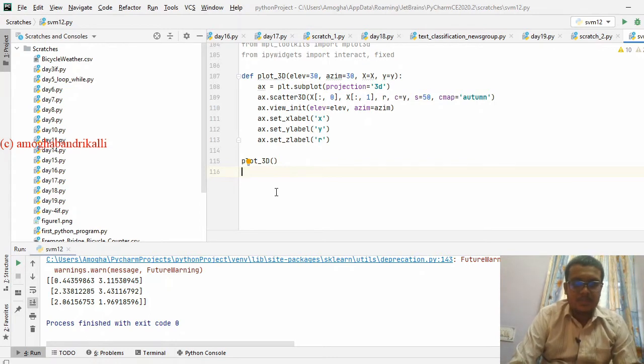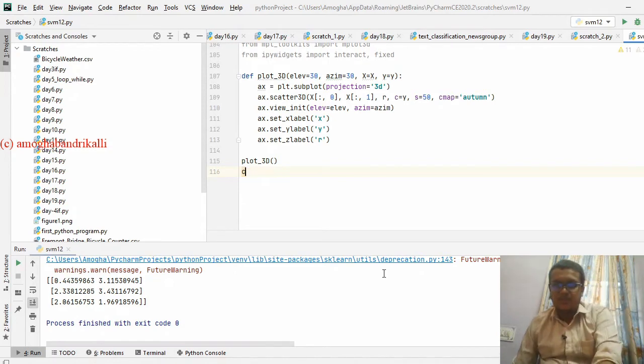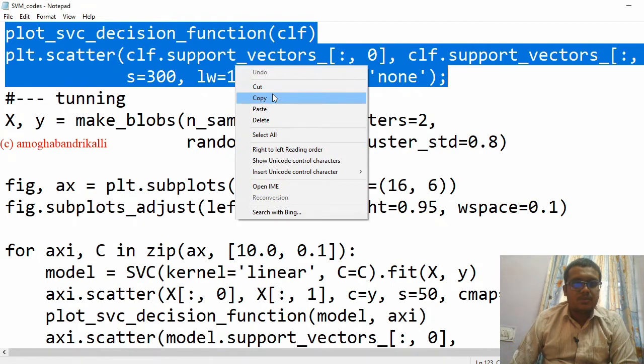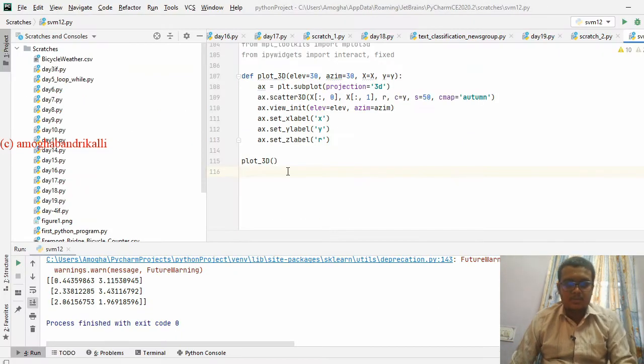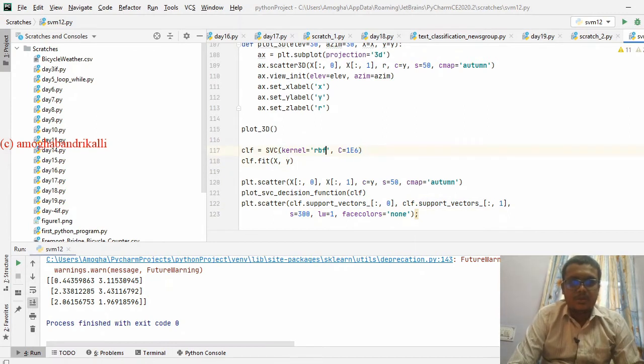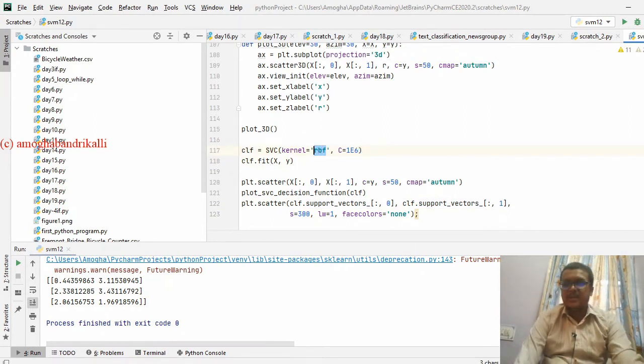The next one is that we can take the SVC function, and we are going for the kernel version. I was talking about the radial basis function for an SVM.